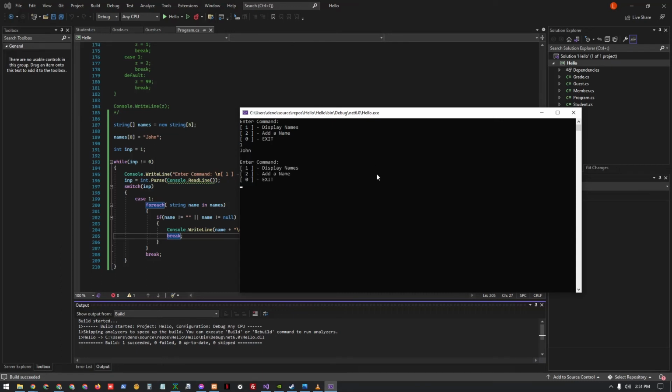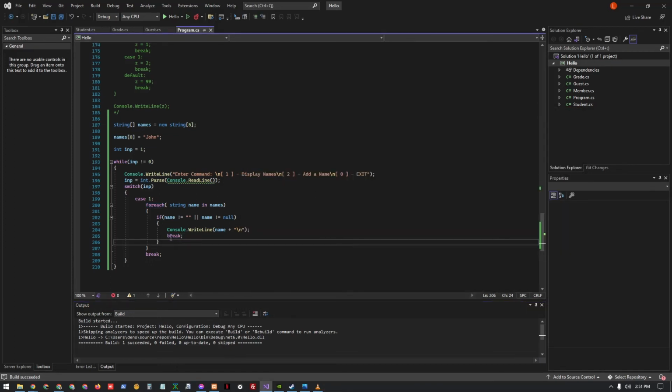So let's say one, and then as you can see, it only displayed the name John, and it stopped. So break is basically stops a certain line. In our case, it stops the for each, and on this line it stops the switch. All right, so next, for the case 2, let's